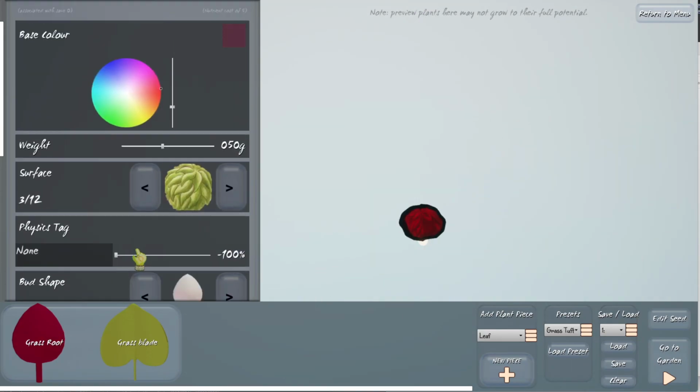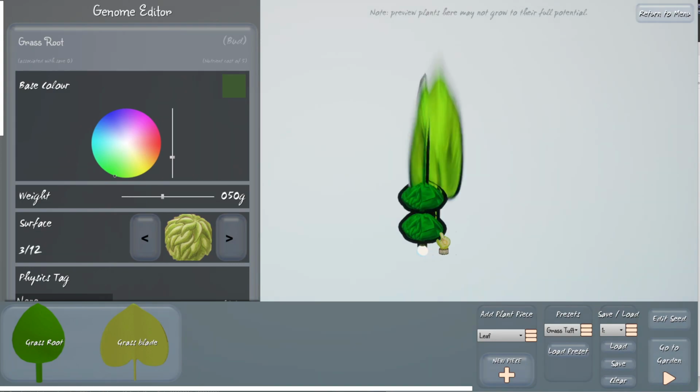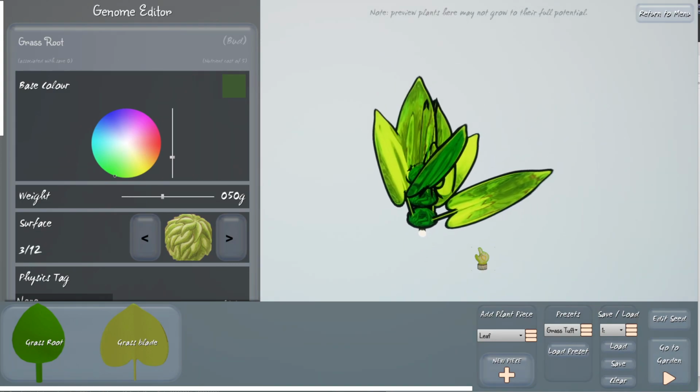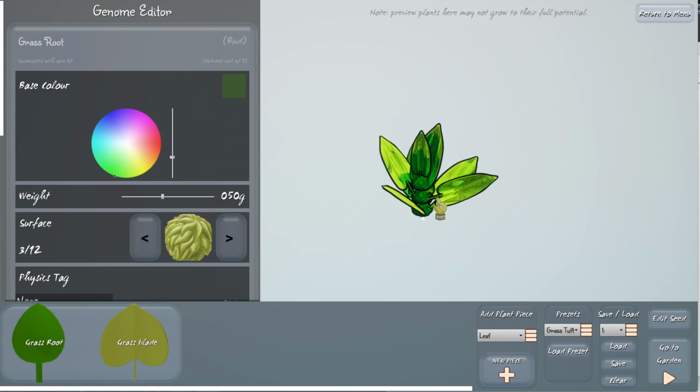What I'm also going to do is change this back to green, because I like green. Cool. So that is a basic plant, pretty much. It's just 2 pieces, but they apply recursively, and you can take this pretty far. I'm going to show you how to do some different examples, but one thing to note before we get too